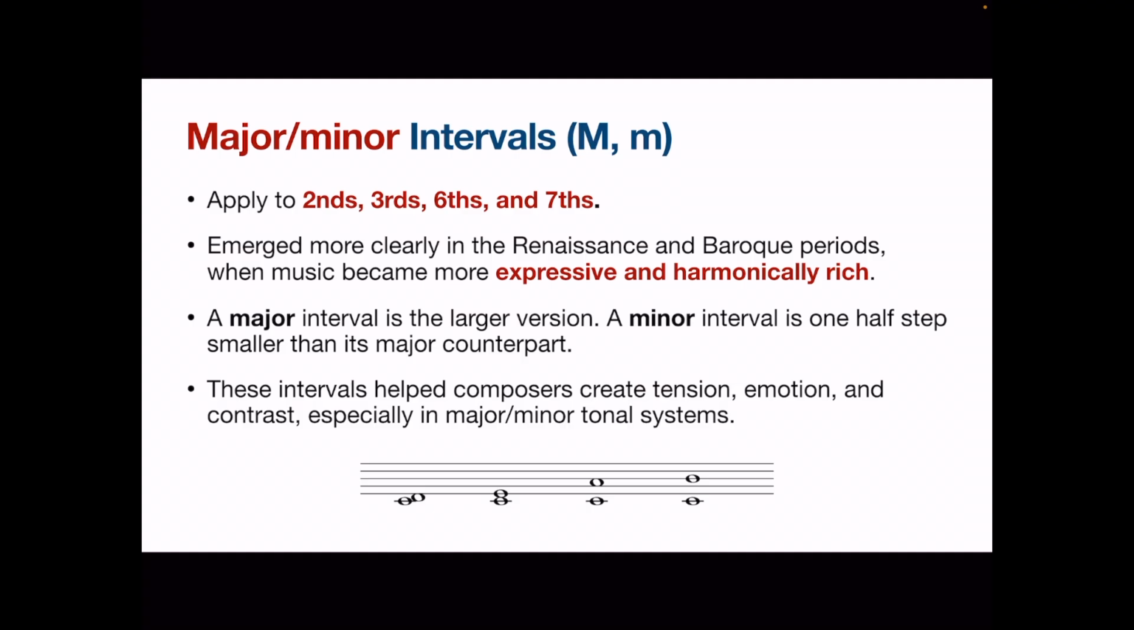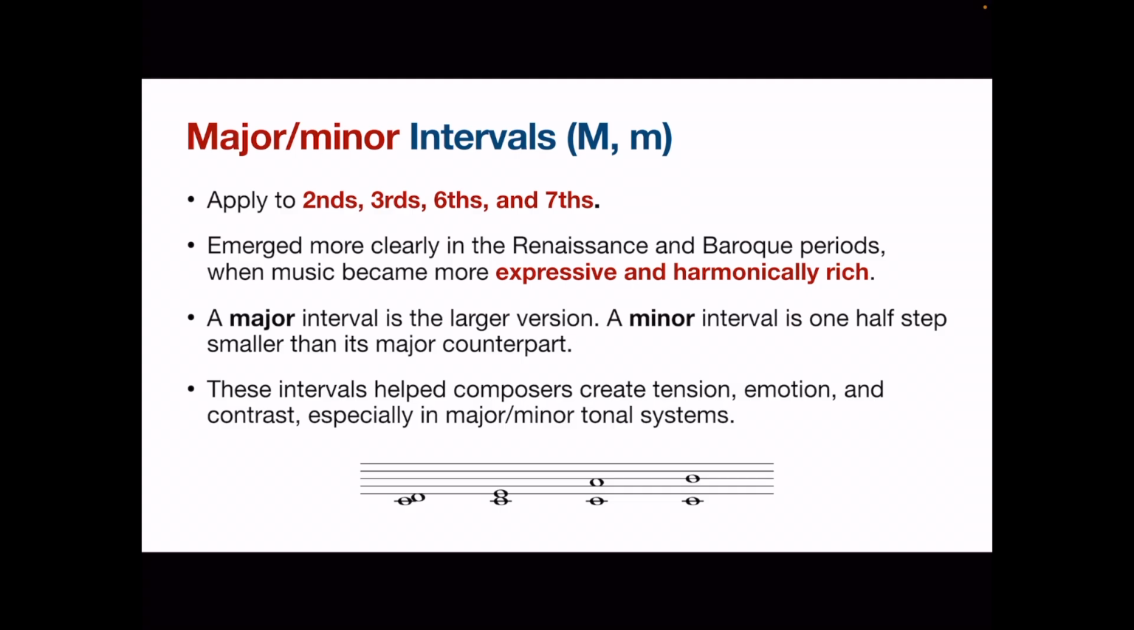A major sixth, now a minor sixth, and then a major seventh, minor seventh. So each interval has a unique quality. And as we go on and hear more examples, I think you will become more and more familiar with the differences between them. But for now, please remember the second, third, sixth, and seventh,